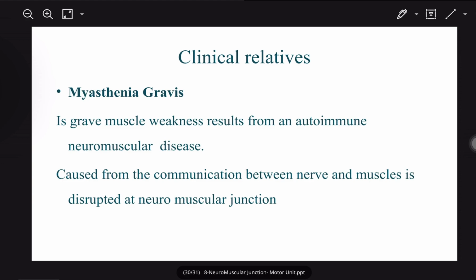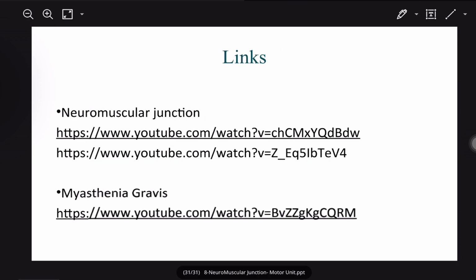It's a grave muscle weakness, usually resulting from, most of these problems, an autoimmune neuromuscular disease, and they are very serious, especially the autoimmune, because unfortunately there is no actual treatment, because in autoimmune the body responds by attacking itself. It's a neuromuscular disease caused by the communication between the nerve and the muscle being disturbed, specifically at the neuromuscular junction. So give me a second, I will just put